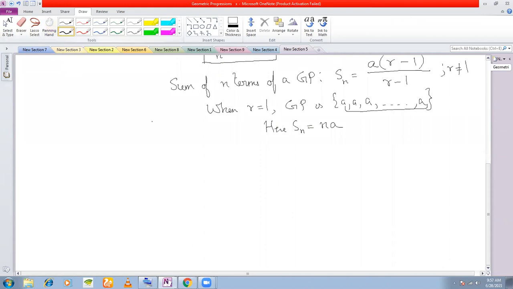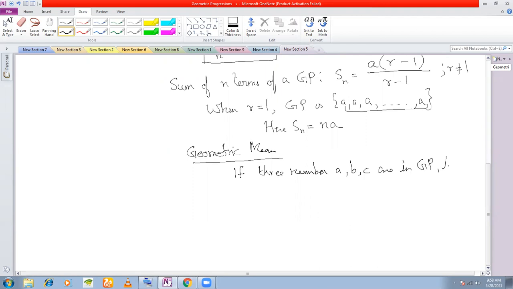The next concept is that of geometric mean. Just as in case of arithmetic mean, I told you what an arithmetic mean is, similarly is the concept of geometric mean. If three numbers A, B, C are in GP, then from the definition, what can we write? B by A is equal to C by B, right? This is what we write, isn't it? From this definition,